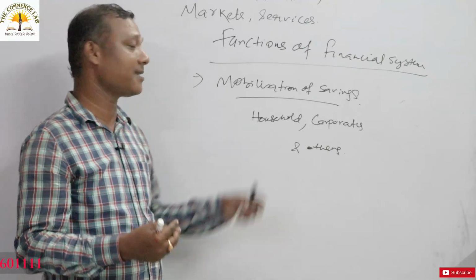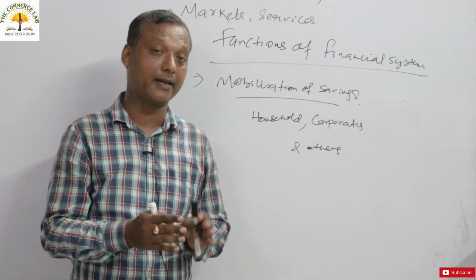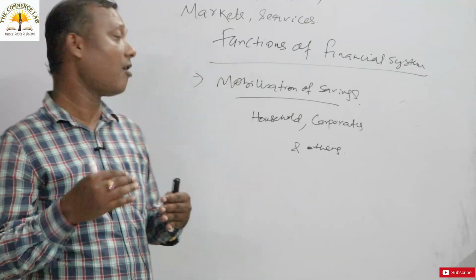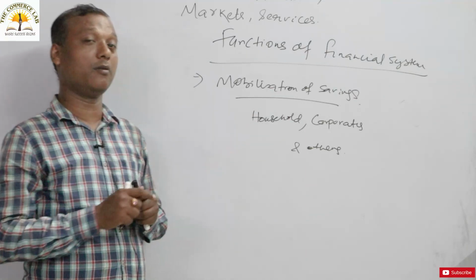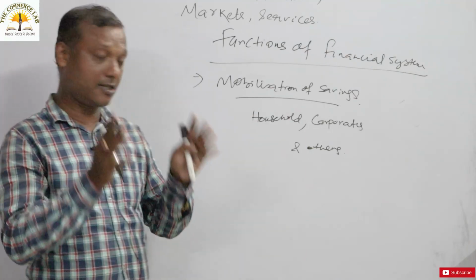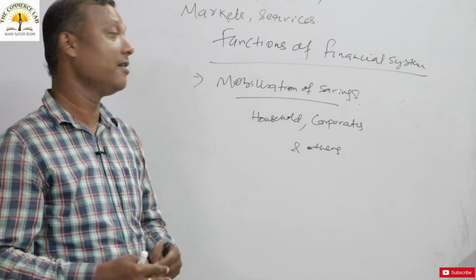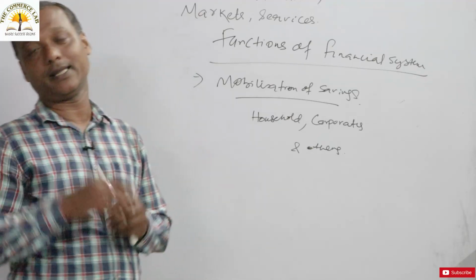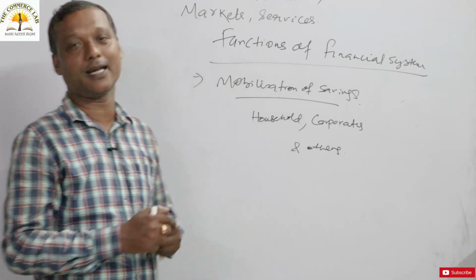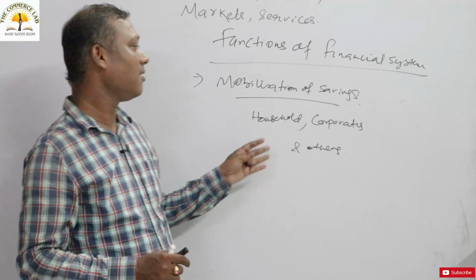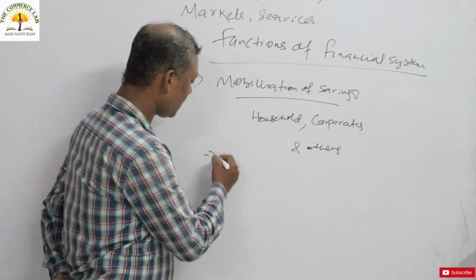So basically the savings from people will come to the financial system of a country through the medium of deposits and mutual funds. And this plays an important role because the volume, the structure, the amount of saving will determine the flow of fund from one area to another. The country whose saving is strong is financially strong. So the first point is mobilization of savings.